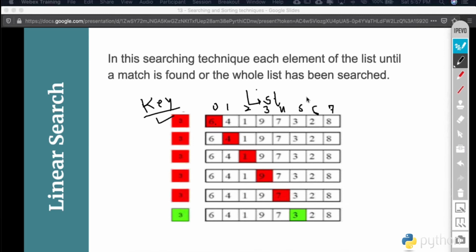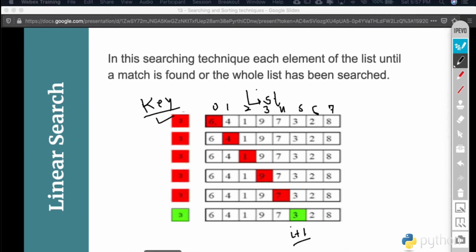So you return the index position of this. The index position is basically 5, but the location is 6. So we add 1 to the index and return the location of this item to the user. In our system, we generally start numbering from 1, but in computer programming, numbering starts from 0. That's why we are adding 1 here. That is the location of that particular number in the list. This is the simple procedure that we carried out in linear search.